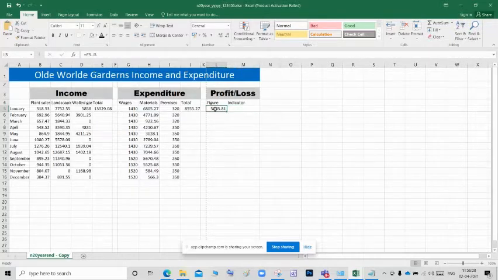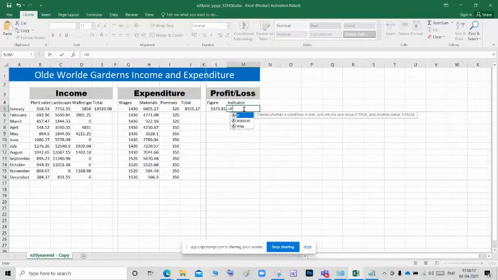If it is greater than or equal to 0, we want to give profit. So we are going to use the IF condition. Equal IF, tab key. First they are asking for the logical test. So this is the value we are going to use.